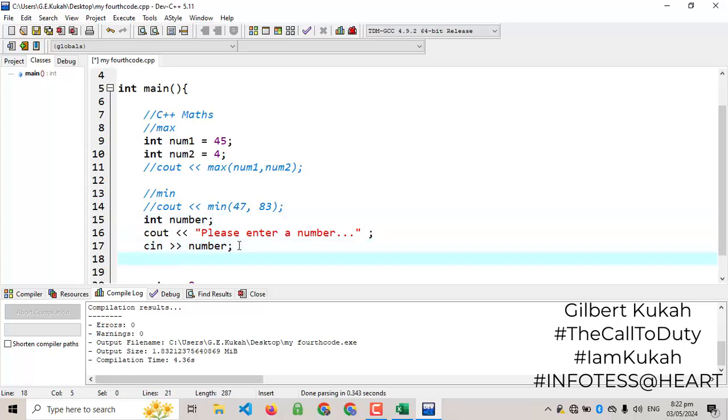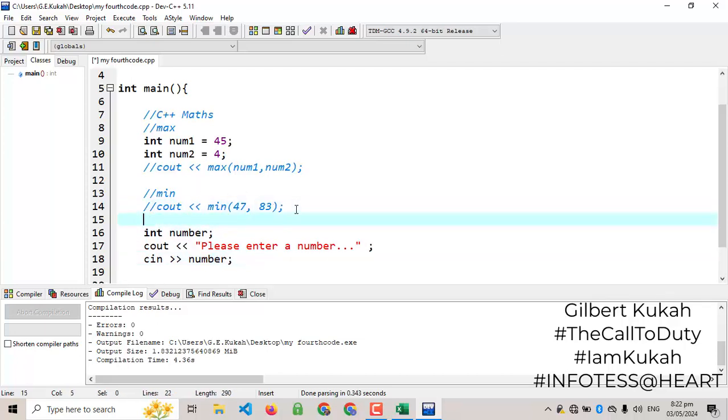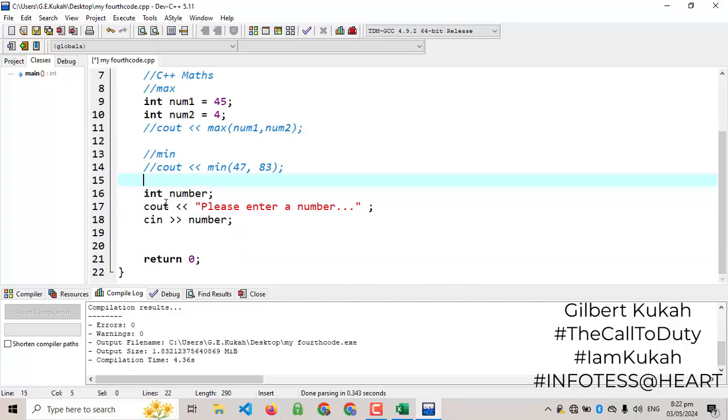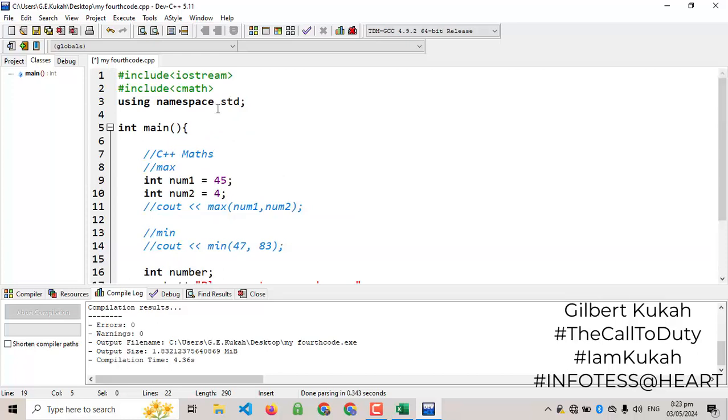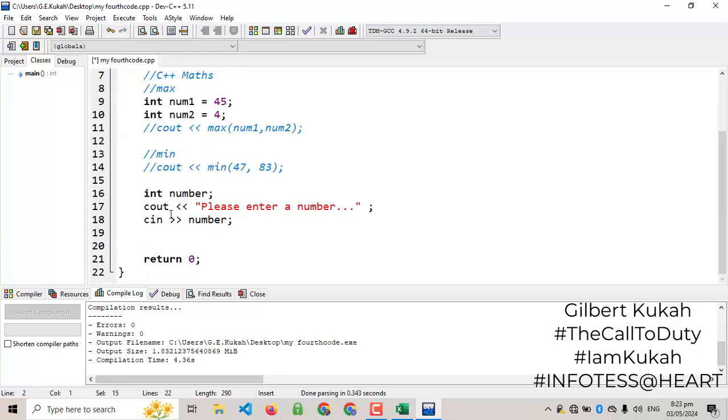Basically what we are doing over here is we have declared int as a number, and then we are displaying to the user to enter a number, and then we are accepting the number over here. Now we want to square the number and display it back to the user. So with the help of the cmath library that we have imported over here, we can say that